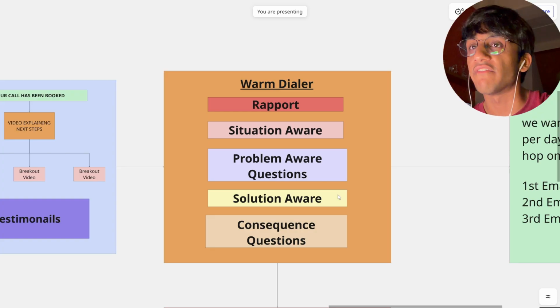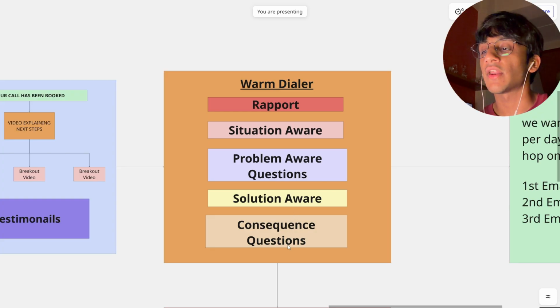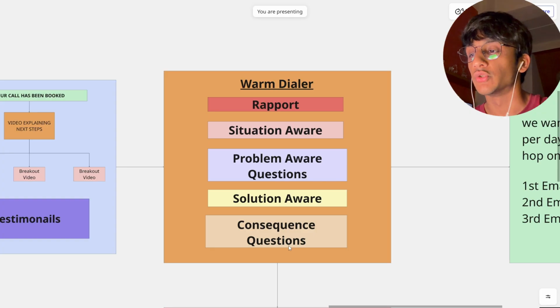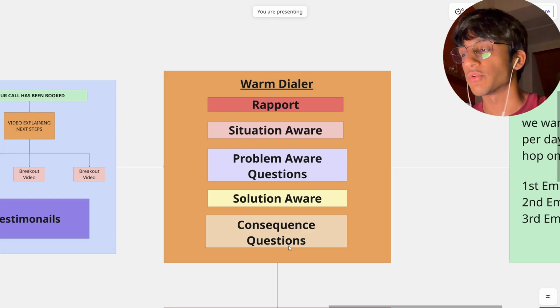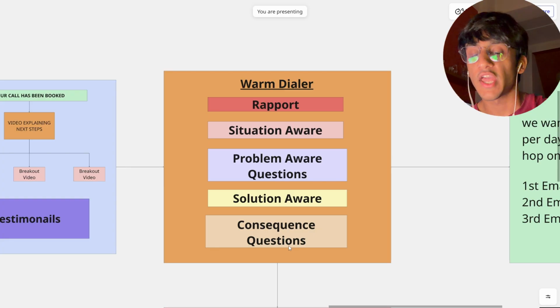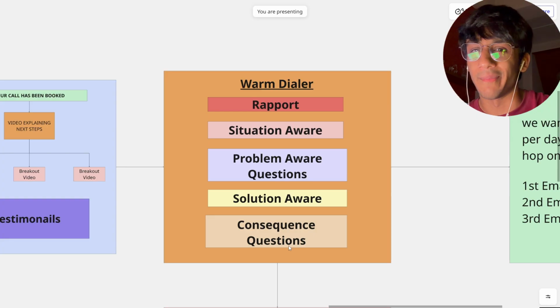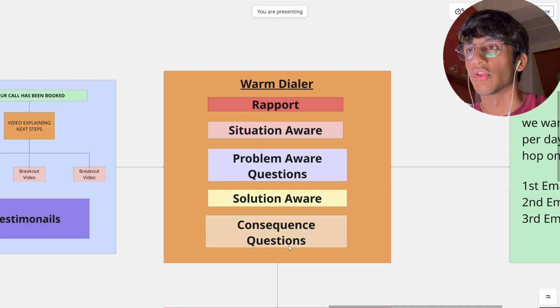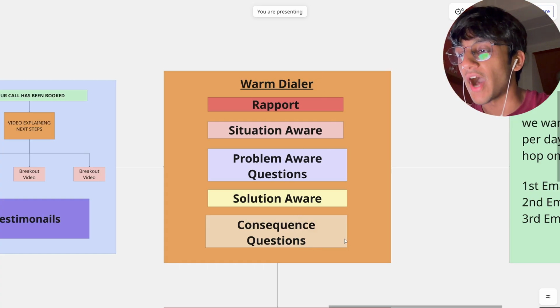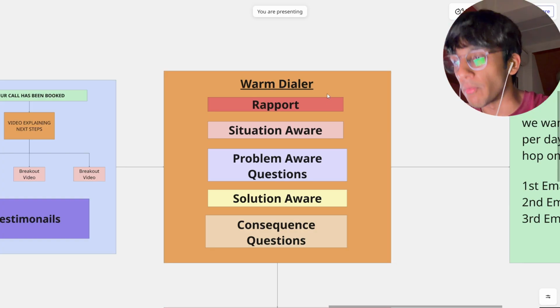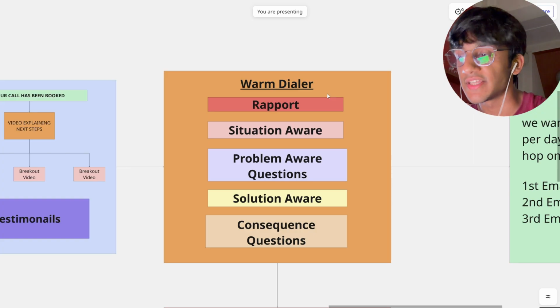and then make them solution aware as well, and then ask certain consequence questions. Those could be something along the lines of, okay, so if you don't go ahead and solve this specific problem that you have right now, what is going to happen? Are you going to have to shut down your business as a whole? Are you going to have to go ahead and do something else? What's going to happen? Are you going to starve to death? So that is the entire point of asking these questions. And when a warm dialer does the warm dialing properly with a proper script in place and asks these questions out,